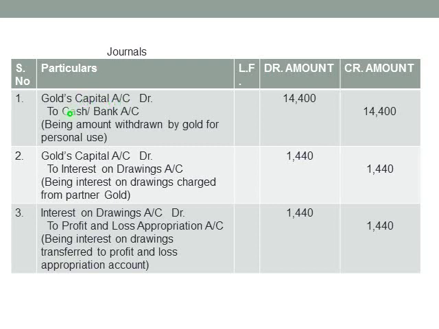Partners' capital account, or Gold's capital account, debit to cash or bank for the amount withdrawn. Then partners' capital account debit to interest on drawing 1,440. Then we will transfer, this is the closing entry of interest on drawing account, debit to profit and loss appropriation account. So these are the 3 entries which will be passed relating to drawings and interest on drawing.